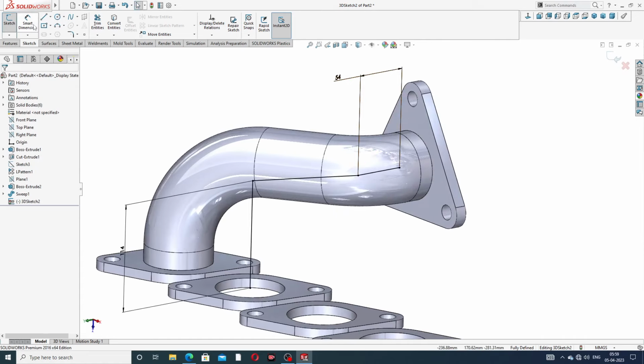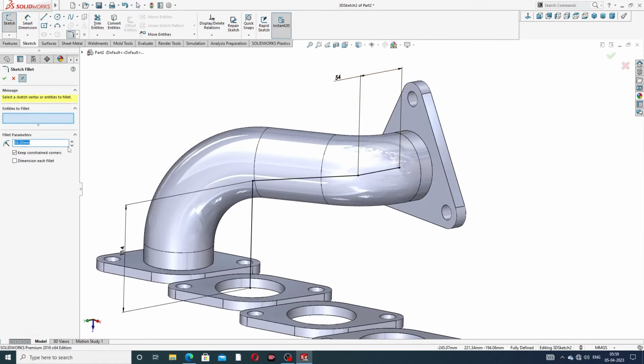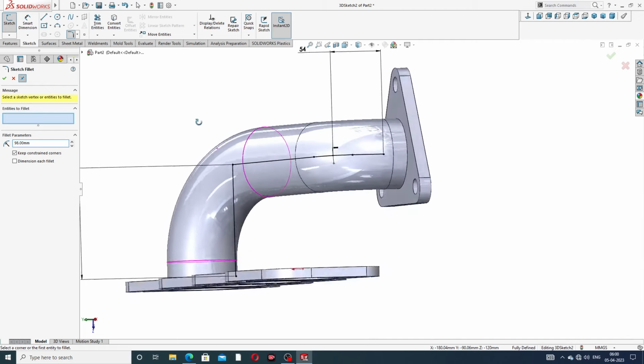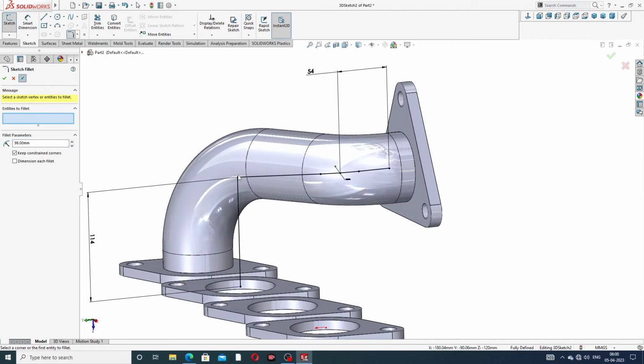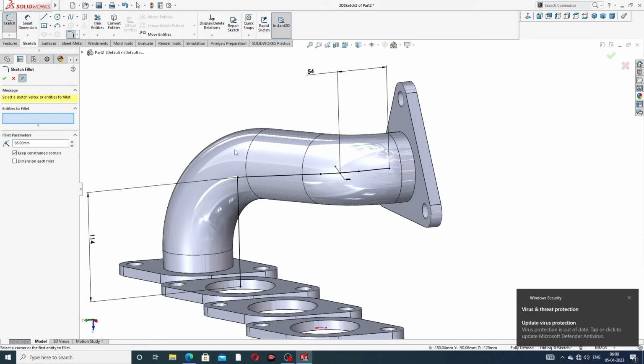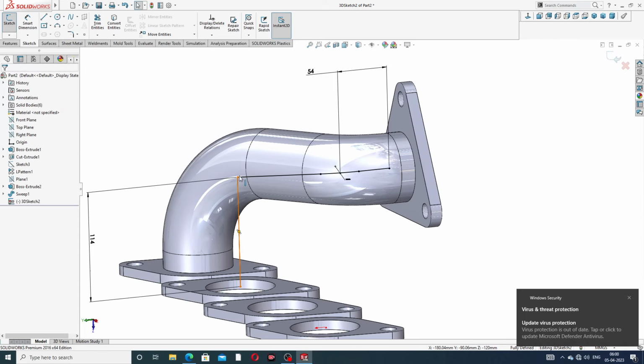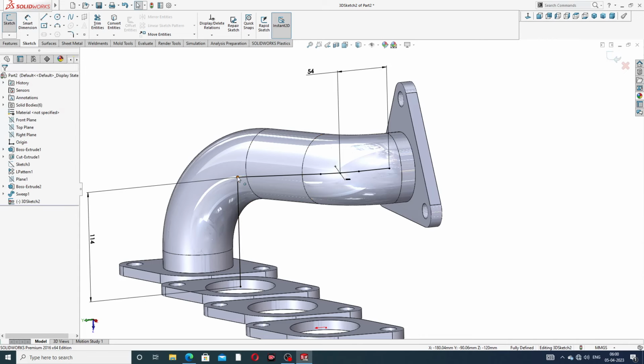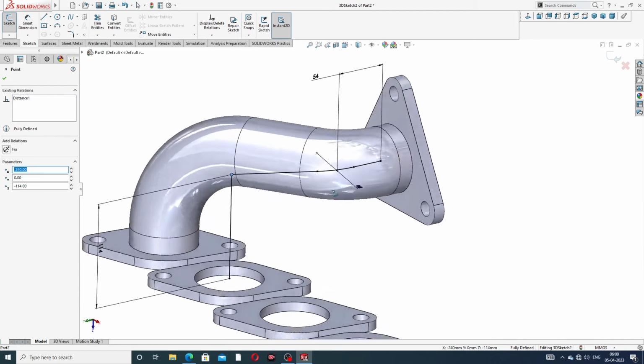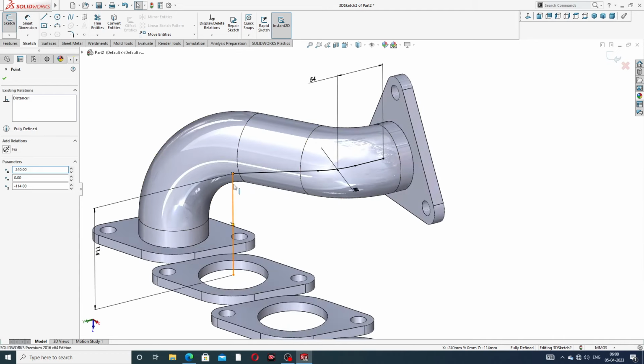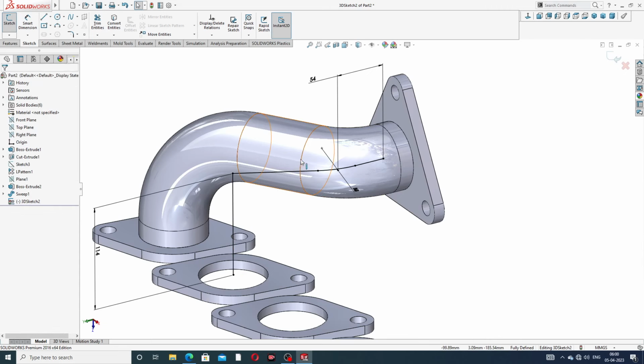Okay, and some fillet is 68 millimeter, this, and 98 millimeter, this. Okay, 98, okay, not connected here because this is not, okay,